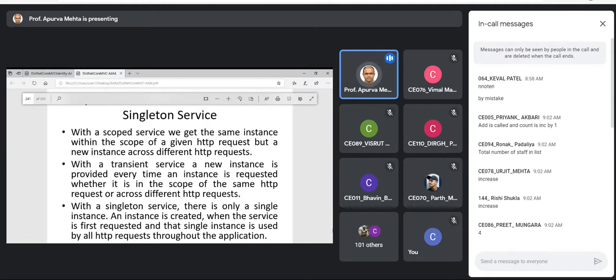While multiple requests are handled by the server, which instance is used by which user, how will you take care of it? That's not possible. So what will happen? It is possible that a user will get a different instance in the create action method than in the create view.